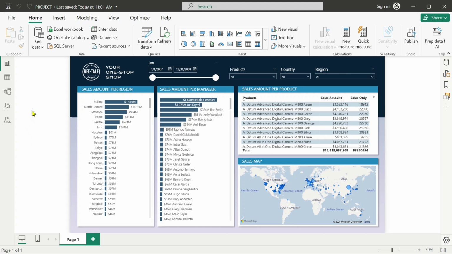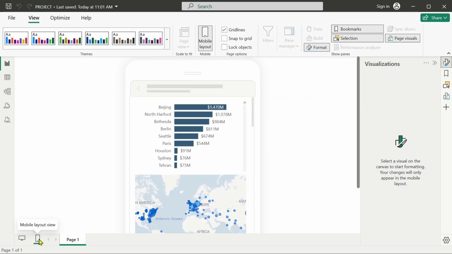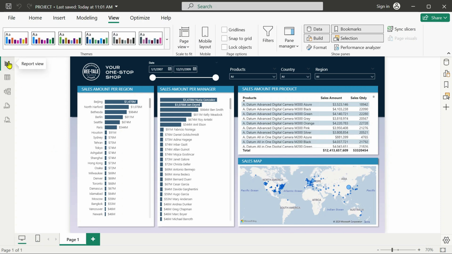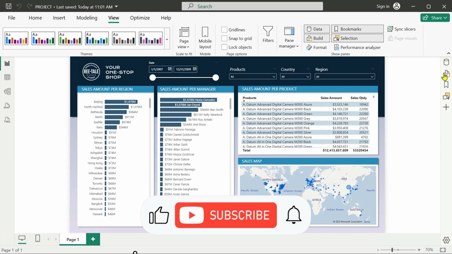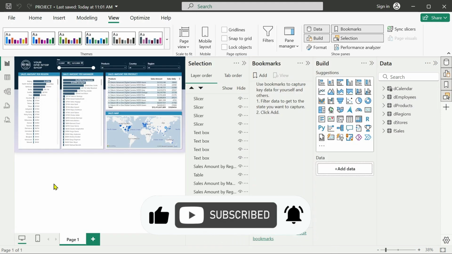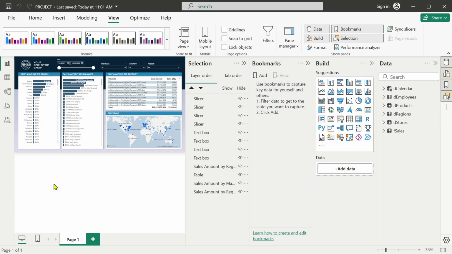They could change from time to time. Eventually, only the things that make sense in the context of what you're doing are appearing. And you also learned the difference between the mobile view and the desktop view that only appear within the report view, and you learned how to manage the Pane Manager. With all that, you are ready to start actually learning Power BI.